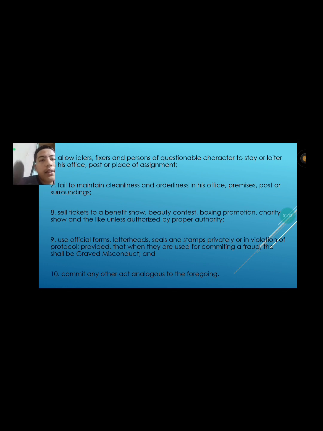Then 8. Sell tickets to a benefit show, beauty contest, boxing promotion, charity show, and the like unless authorized by proper authority. So bawal ka din magbenta ng mga tickets ng ganyan, mga side hustles, kasi pinagbabawal yan sa PNP. Kailangan dapat magpaalam ka muna dun sa mga authorized proper authority, sa mga higher rankings ng